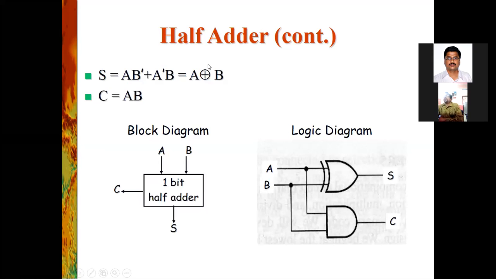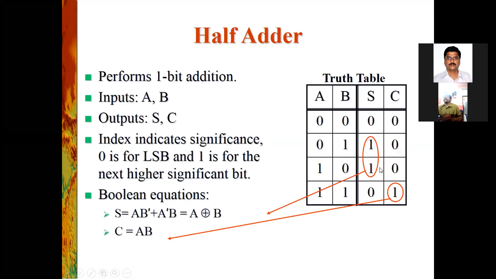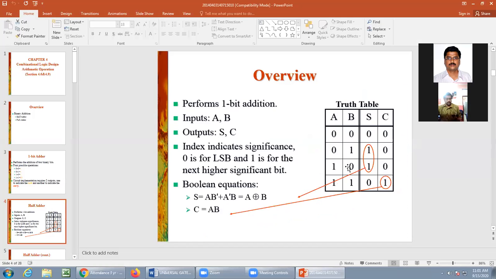So this is about the half adder. Now we'll run it on a software and we'll see how it operates. For that, you remember this, compulsorily you have to remember this table, 0 0. If you remember this table, then we can cross verify whether I am getting the same or not, right? So let me start with the software.